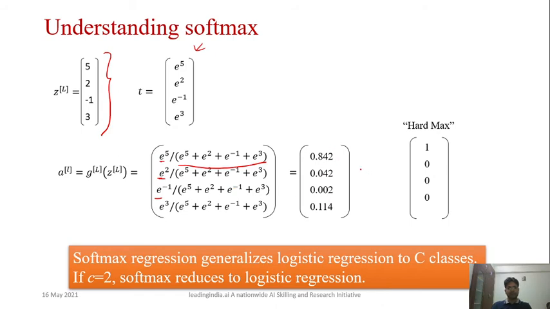Now you put a threshold here, so you get a one-hot vector, or you can say hardmax. This is known as softmax because it gives the probability distribution. Based on this probability distribution, you can say the first class becomes 1, and all remaining become 0. So softmax ensures only one class will be high, and all remaining will be low. That is the way you can solve the multi-class classification problem.